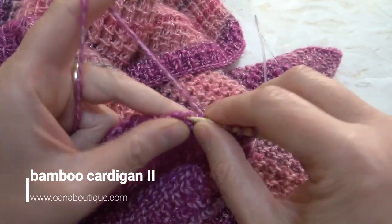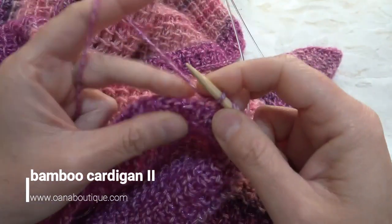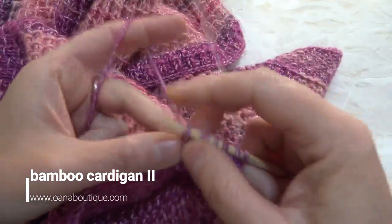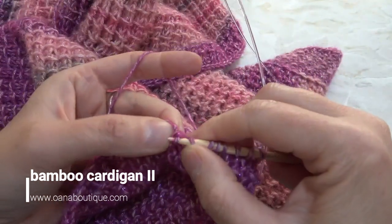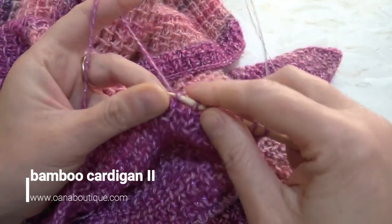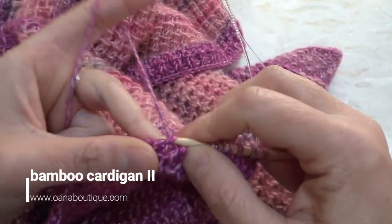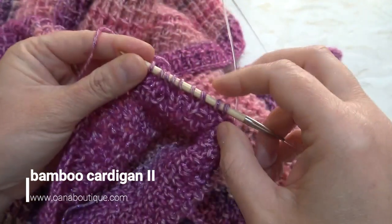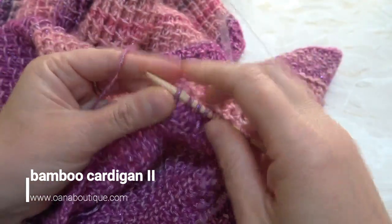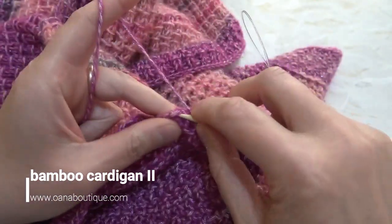Okay, 5. I just go ahead and work like this, and then I will begin to work with the magic loop technique in stockinette stitch, and then I work at the end a little bit with the, I only purled a little bit for the border, and that's all. 2, 4, 6, 8, 9, 10,